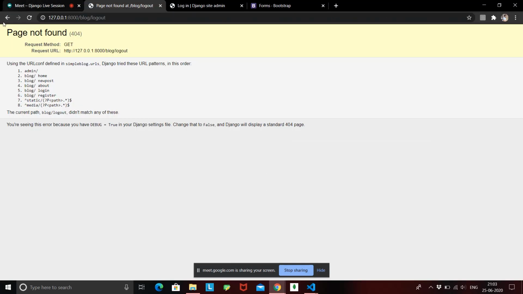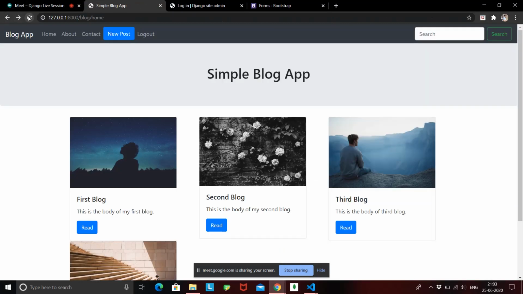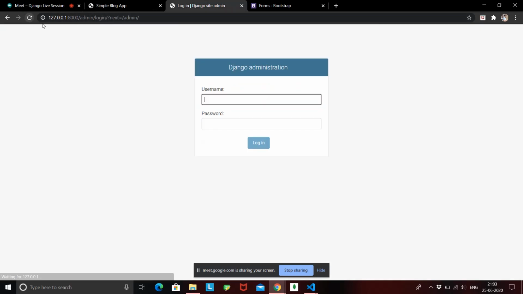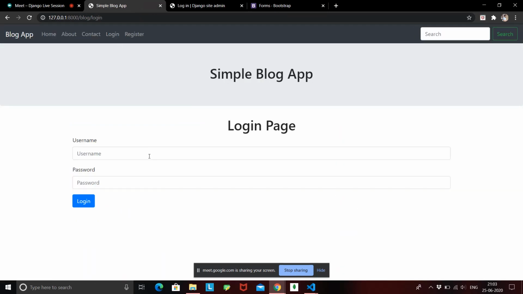So let's go back. Currently we are logged in as the user, and if I click logout, you can see we have login and register. Now I am logged out from my system. You cannot see that I am authenticated as dummy user, right? If I go to login again, I'll log in to my system as dummy user and give it the password.